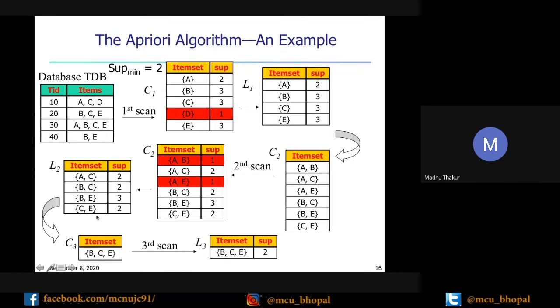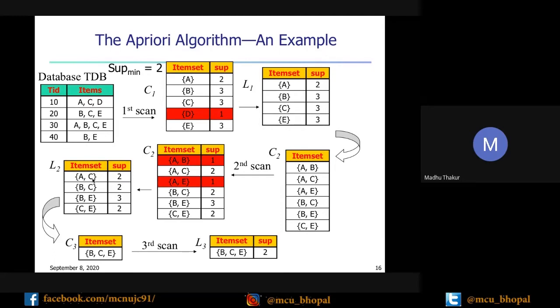What you can do now is pair all the 2 item sets to form 3 item sets. There is one rule for this. If you are going to merge 2 item sets of size k, then the first k minus 1 items should be the same. That is the prefix.